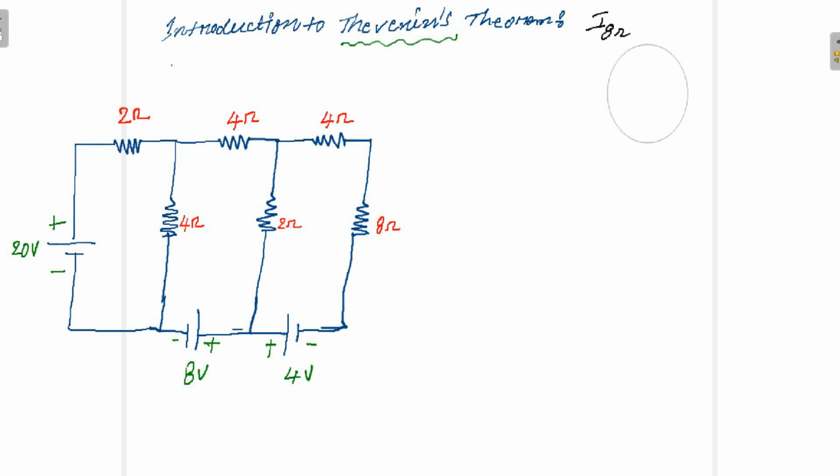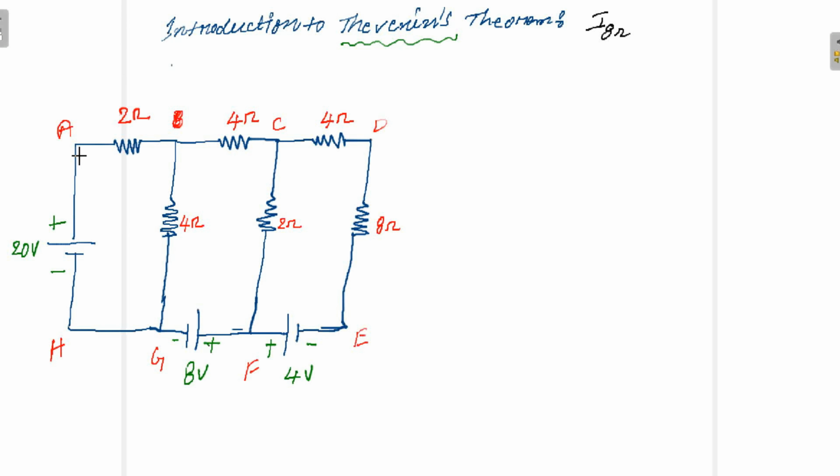Let us define some points. This is a point A where two elements are connected. This is a point B where three elements are connected. Point C, point D, point E, point F, point G, point H. Now tell me how many nodes we have according to the strict definition of a node, where the bifurcation should take place.